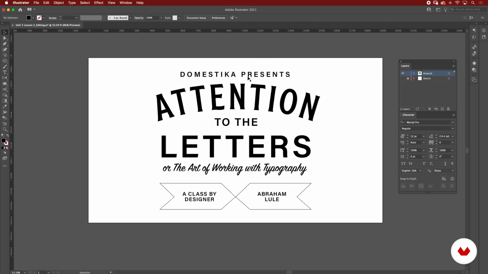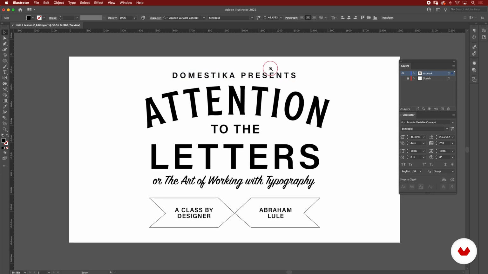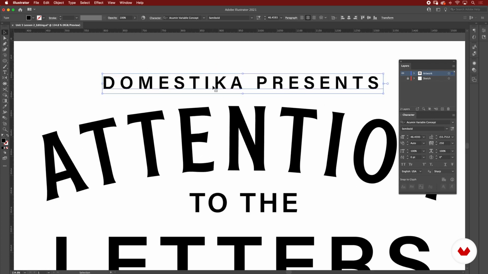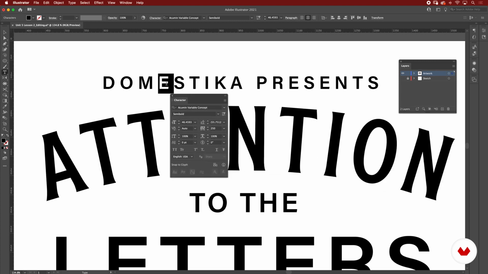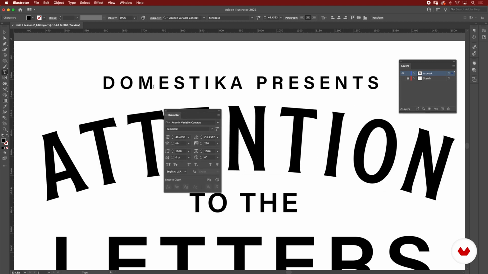And I'm going to start first off by doing, I think, the most challenging part of this, that is working on the spacing of this introduction. So I'm going to go close here. I have the character panel. I'm going to try to do everything with just the use of kerning. I'm going to bring that in, and I'm going to start adjusting, especially what is happening here.